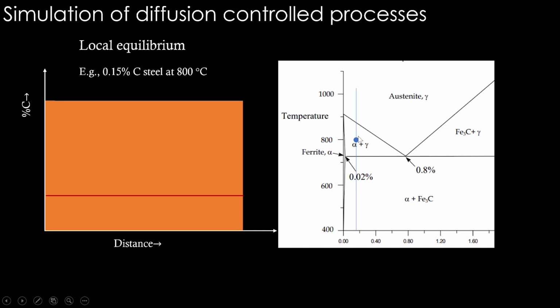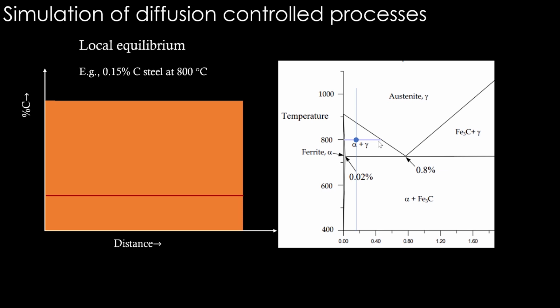And with respect to time, you know what should happen. Alpha phase should come from this gamma. So this is entirely gamma, and from gamma, alpha should nucleate and grow to some extent. How much extent? If you put a tie line, based on the lever rule, we can figure out how much should be alpha and how much should be gamma. So this alpha content should be significantly high. This length divided by total length will be the alpha content. So alpha is on this side, and that much alpha should form, consuming so much of the gamma phase.